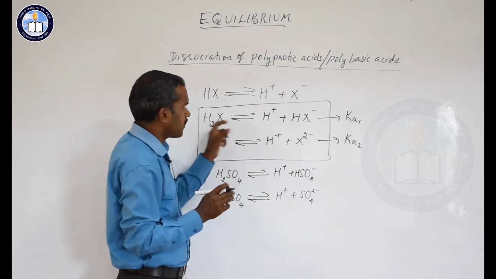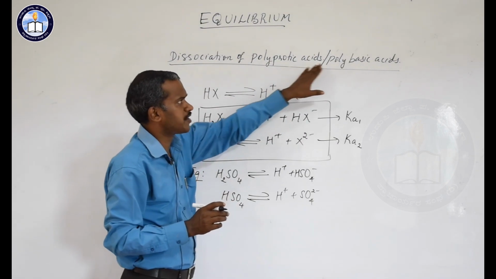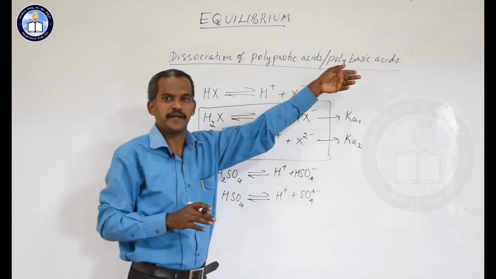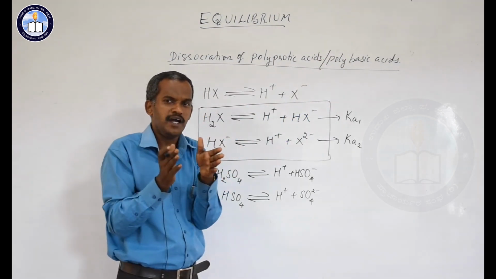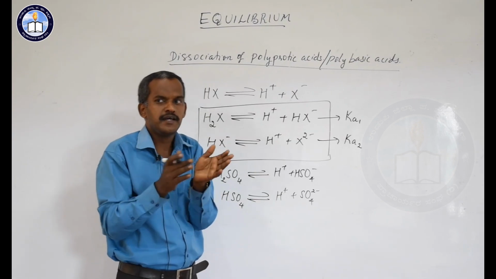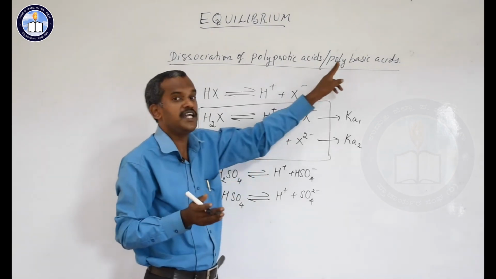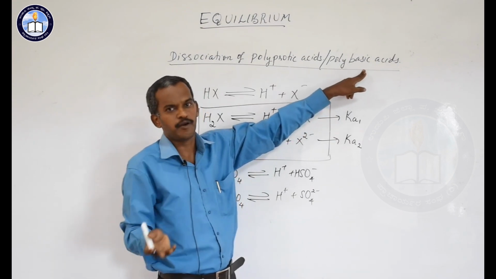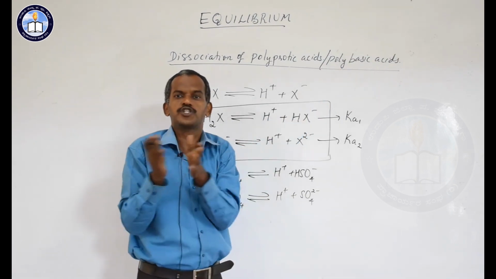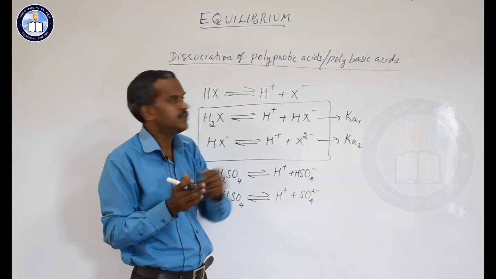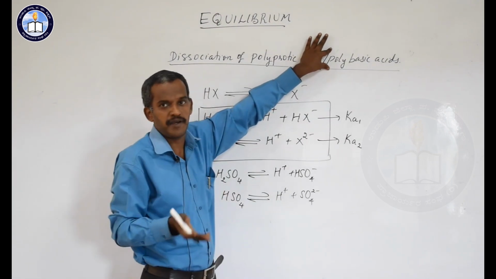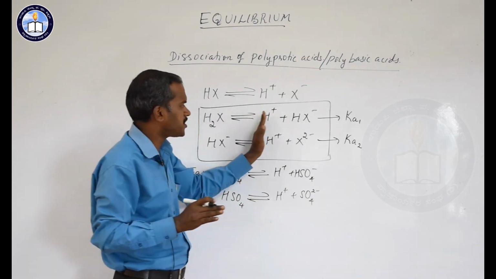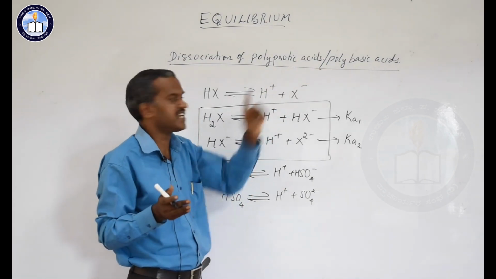Remember, in case of polyprotic acids or polybasic acids, there are also polyacidic bases. In the acidic case we saw protons; for a base, how many OH minus are replaceable? If more than one OH minus is there, it becomes a polyacidic base. Remember, sodium hydroxide has only one OH minus, whereas calcium hydroxide, magnesium hydroxide, written as Ca(OH) twice, has two OH minus ions. So if it has more than one OH minus, it is called a polyacidic base. If more than one H plus ion is produced, it is a polybasic acid, remember.